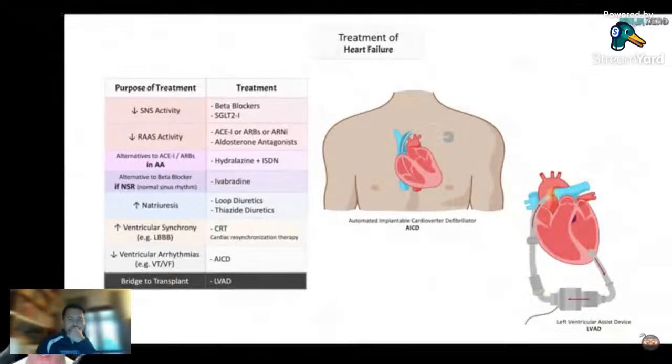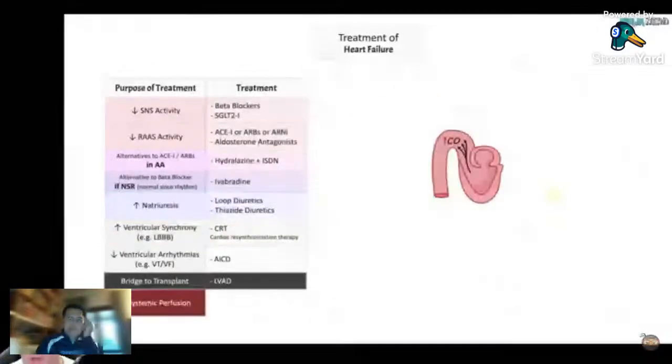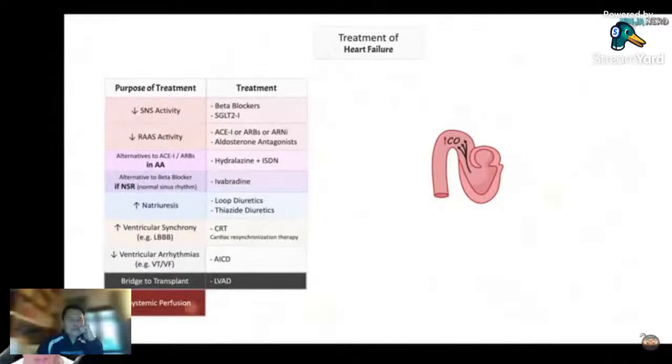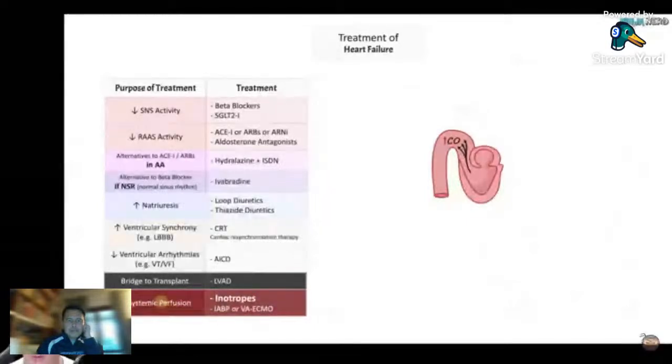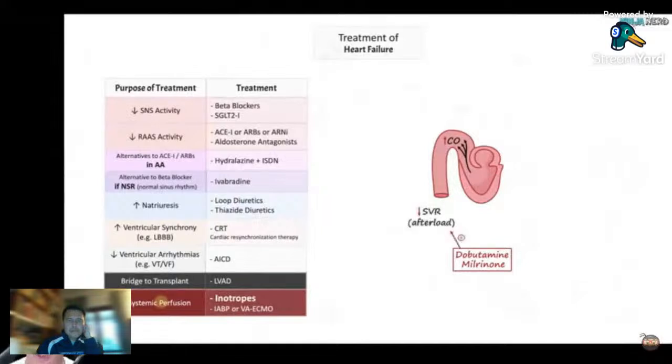Now, patients who are in cardiogenic shock, all right? Their systemic perfusion stinks. I want to have one primary goal, which is to increase systemic perfusion. So increasing systemic perfusion is very beneficial in patients who are in cardiogenic shock. So what could I do? Inotrope or mechanical circulatory support. One way I can do that is I can give them things like dobutamine or milrinone. These are commonly used in acute decompensated heart failure or cardiogenic shock. The benefit of these is that they reduce afterload and increase contractility, which combined increase cardiac output. The downside is that evidence has shown no reduction in mortality.